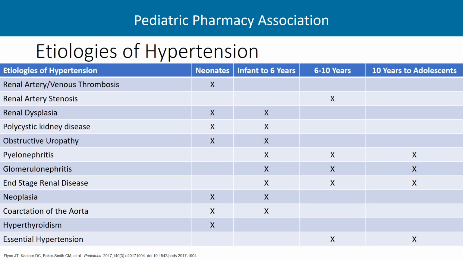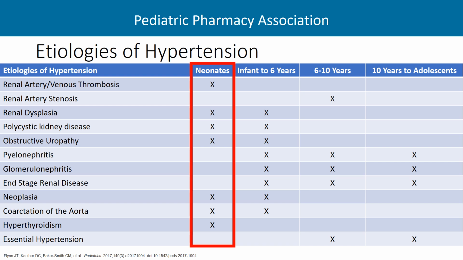This table on this slide breaks down the various etiologies of hypertension by age group. The etiologies listed in the first column, some of these terms you may have never heard of, and I will go through a brief description of these with the subsequent columns listing the age group. Starting with neonates, common etiologies found are renal artery thrombosis and venous thrombosis, renal dysplasia, which means the internal structures of one or both of the kidneys are not developed normally, polycystic kidney disease, which is an inherited disorder that leads to cyst development and causes the kidney to get larger and lose function over time,